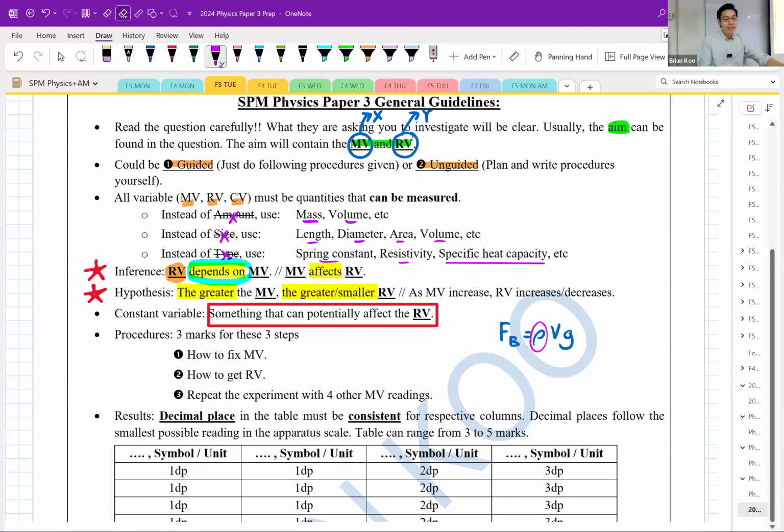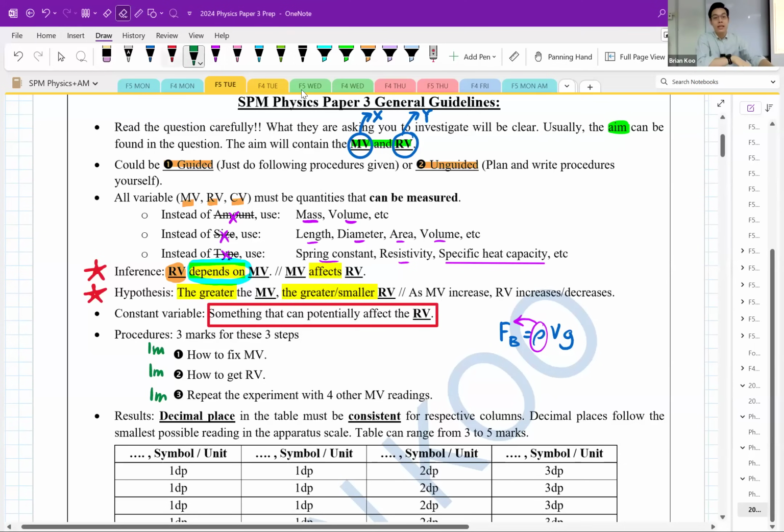Some will say, teacher, can I write gravitational acceleration? Can lah, but not the best answer unless you do your experiment on the moon or on Mars, for example. Then the g value might be affected, but it is a second choice, not the best choice. You get what I mean? Something that can directly affect it, that'll be the best answer. Okay. And when it comes to procedure, how you get your 3 marks, your first mark, second mark, third mark, is by making sure that in your procedures,